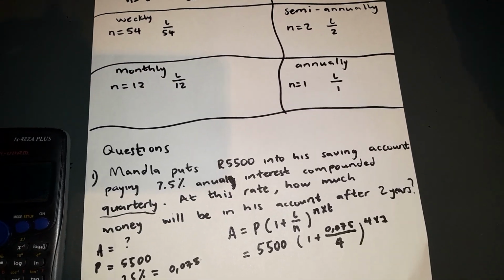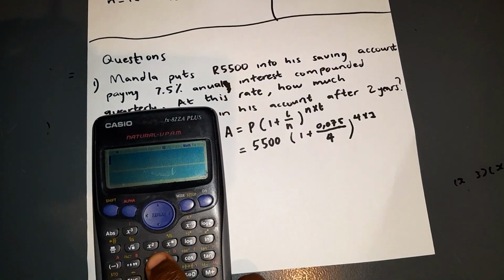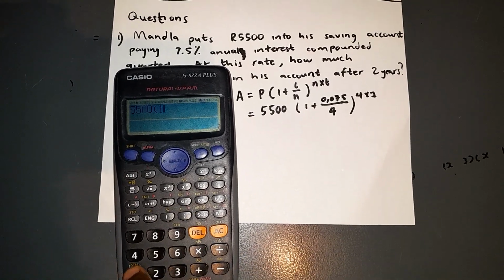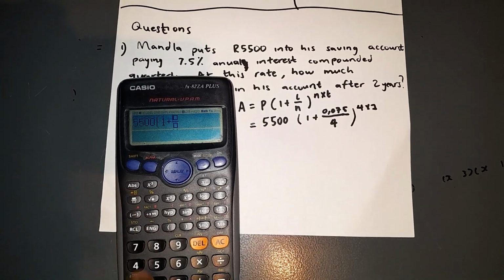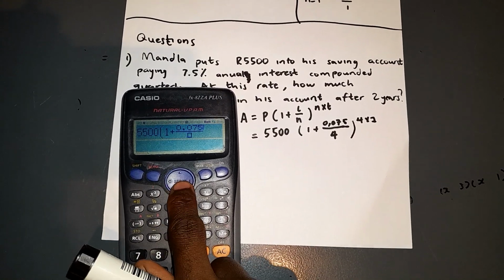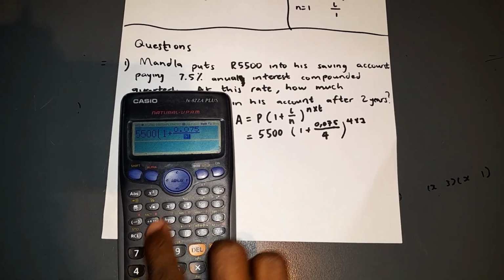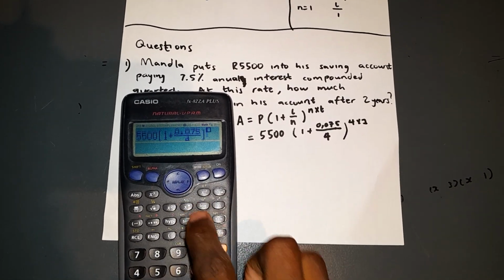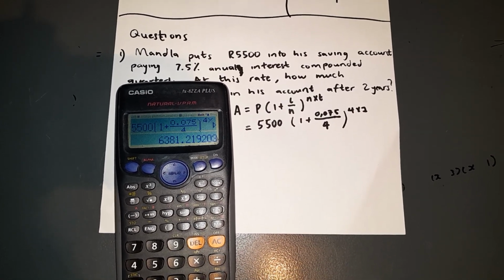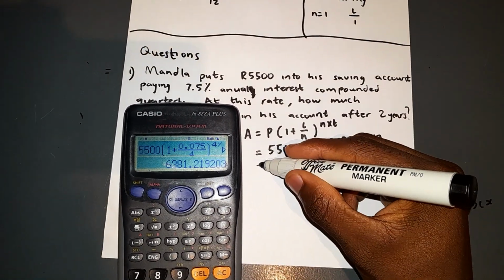Everything that is here, we just punch it in the calculator: 5500 times, open bracket, 1 plus 0.075 over 4, to the power 4 multiplied by 2. So the final answer will be